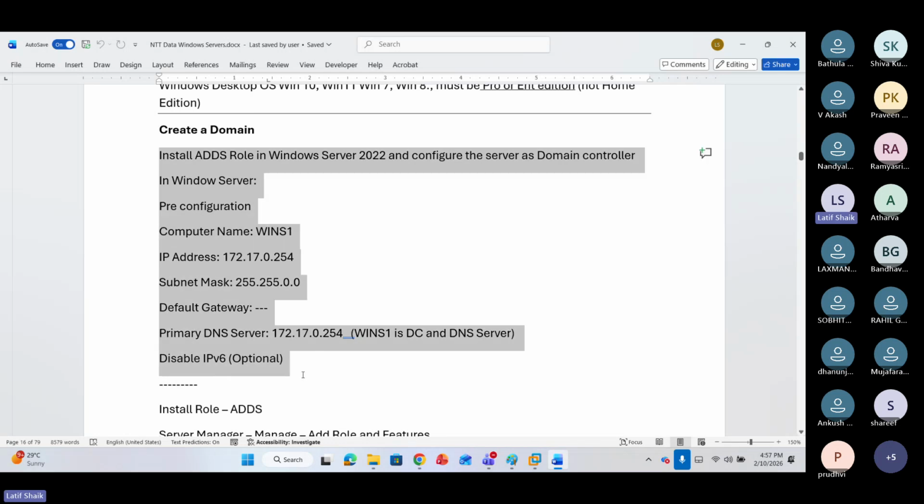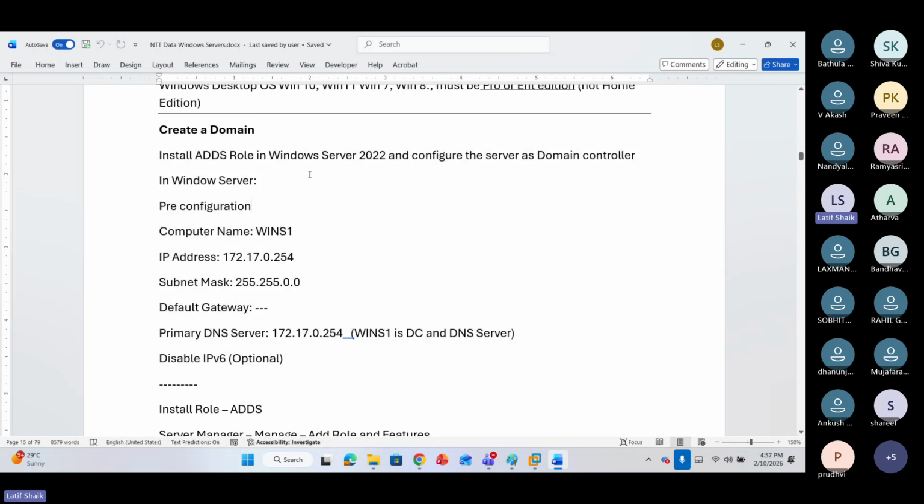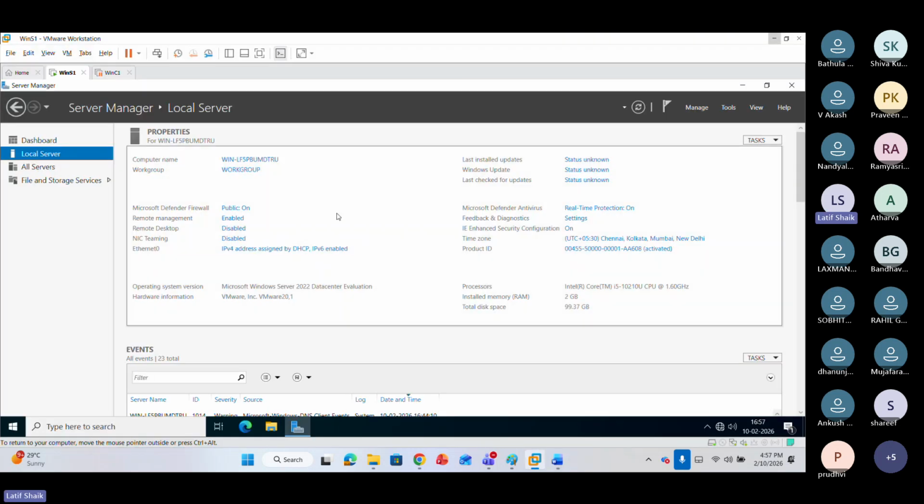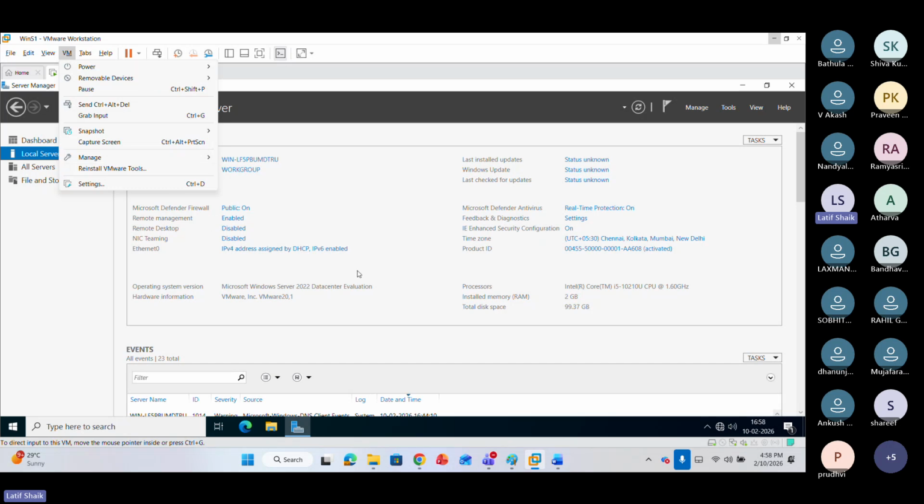So these are the things. Before we install this ADDS role, we have to make certain changes for our system. First, you have to change the computer name. Then you have to change the IP address also. Before I change it, what I'm doing is here